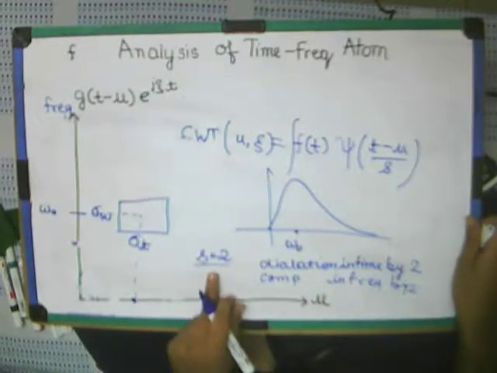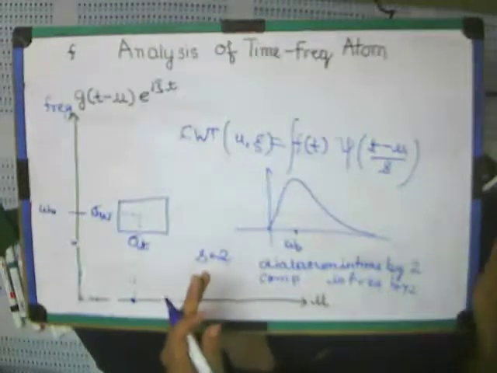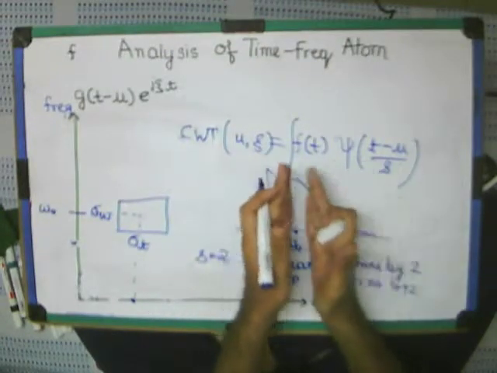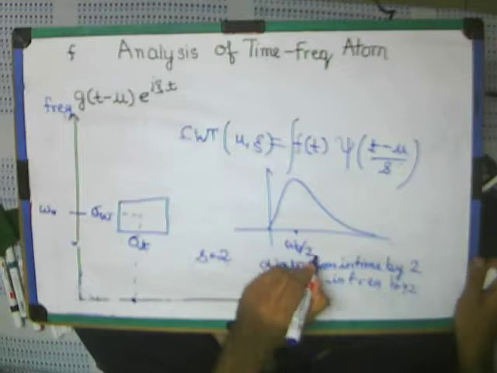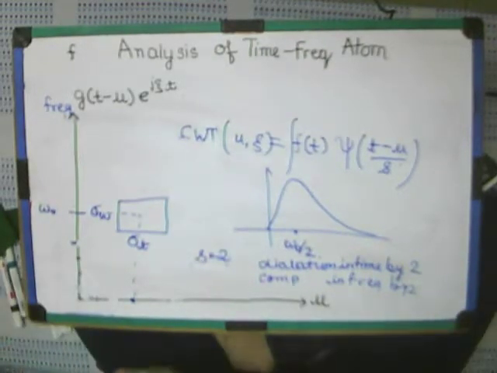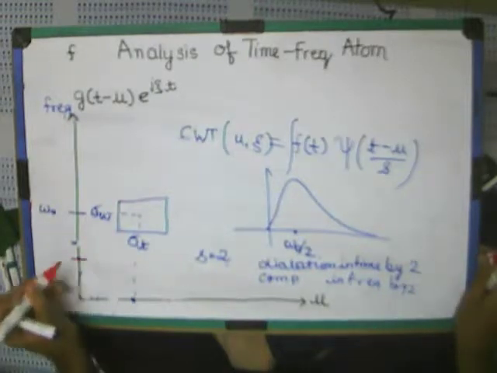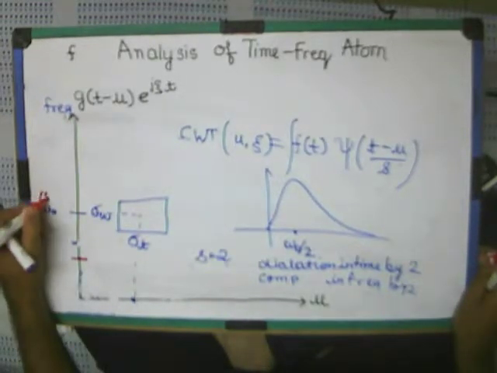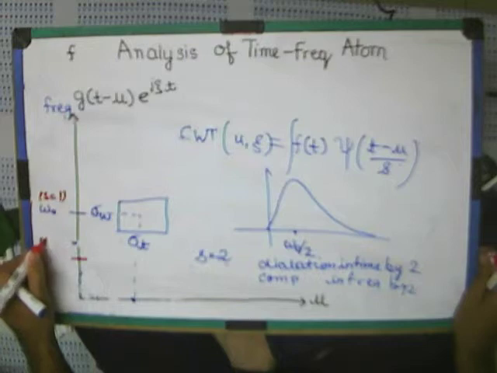Whenever the scaling becomes 2, the frequency spectrum gets compressed. So now this will become omega by 2. So the centering, let me use this red pen, this was for scaling equal to 1. For scaling equal to 2,